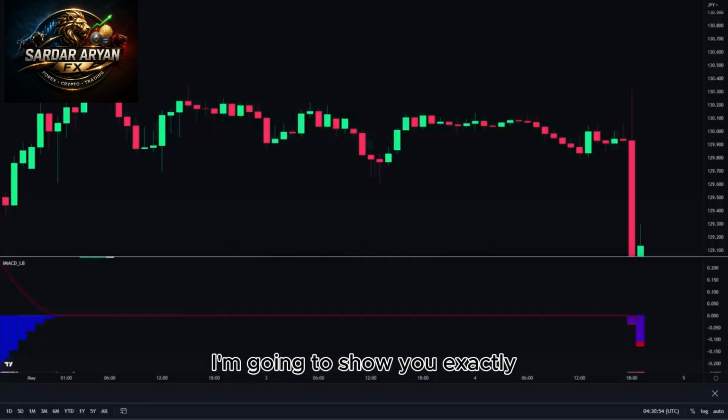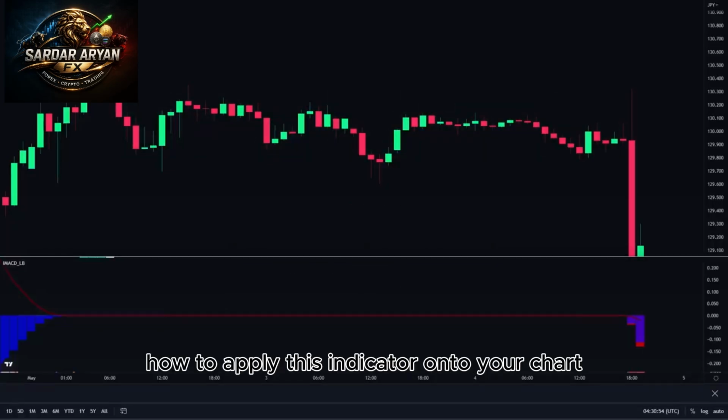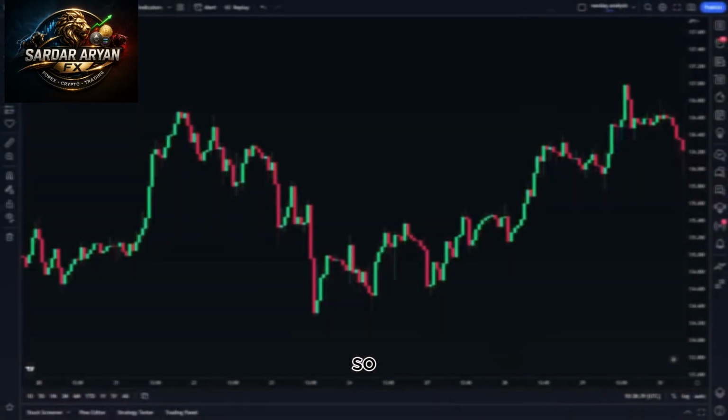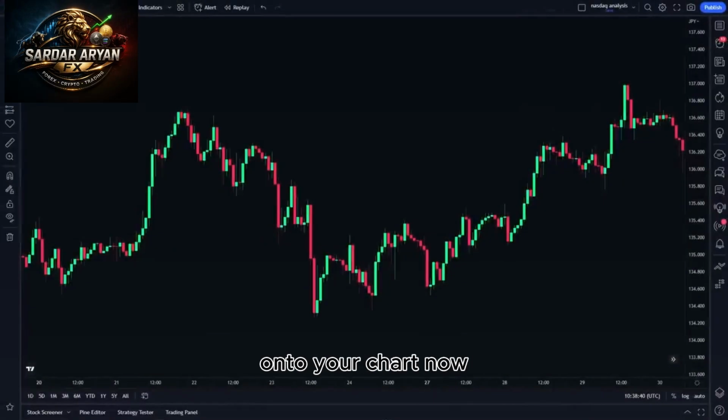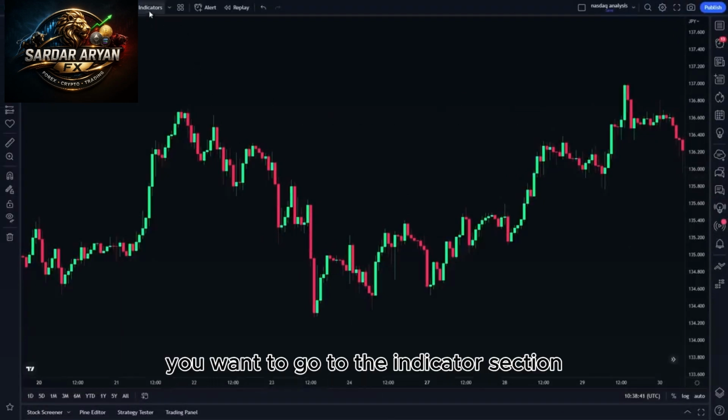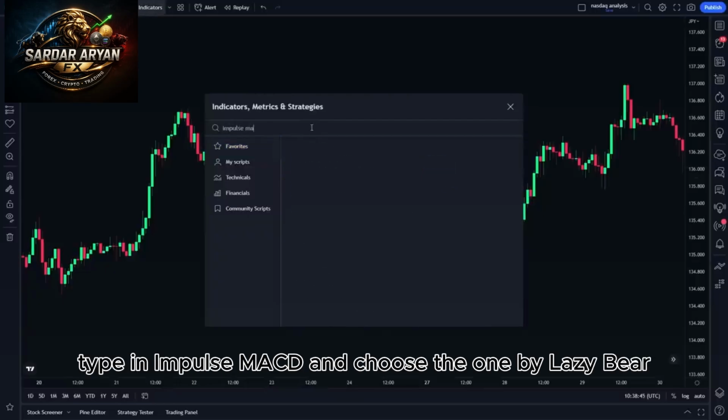And now, I'm going to show you exactly how to apply this indicator onto your chart, how it works, and the different strategies that you can use. So, the first thing you want to do is apply the indicator onto your chart. Now, the charting platform that I'm using is called tradingview.com. Once you've opened it, you want to go to the indicator section, type in Impulse MACD, and choose the one